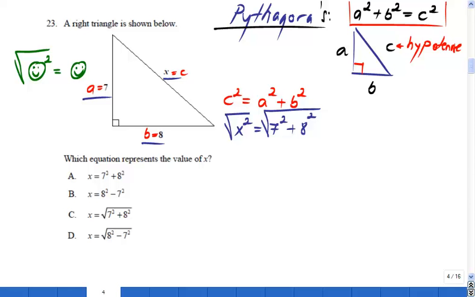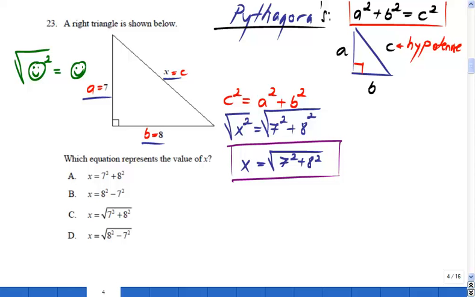Just smiley face. So the same story here with x. This is going to be x equals square root of 7 squared plus 8 squared. And it seems that we're done, because if you guys check your options, C is an option that's identical to this one. This is the answer,